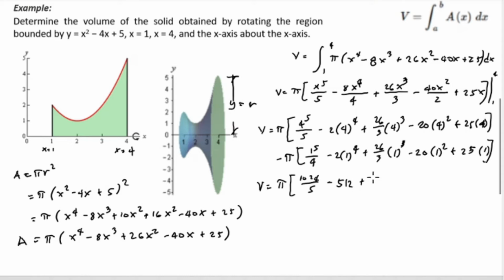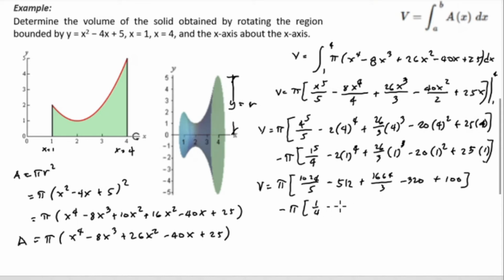plus 26 times 4 cubed over 3, and it's equivalent to 1664 all over 3, minus 20 times 4 squared, which is 320, so minus 320, then 25 times 4, or positive 100, minus pi times 1 exponent 5 over 4, which is equivalent to 1/4, minus 2 times